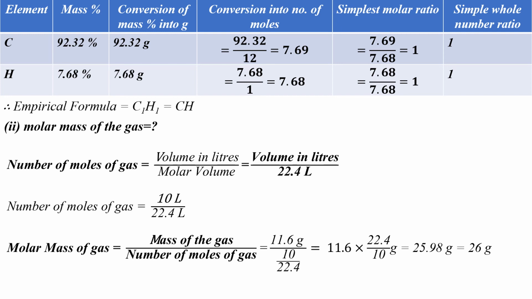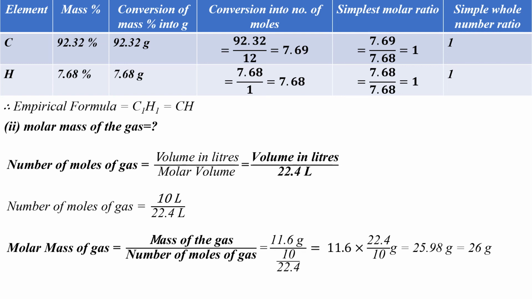This can again be done in the usual way by following two steps. In the first step, we find out the number of moles. How do you do that? We know the volume of the gas is given in liters, which is 10 liters. So we should use the formula volume in liters divided by molar volume. We know molar volume for any gas is 22.4 liters at STP, and that is what is mentioned in our question. So substituting the volume of the welding gas, that is 10 liters in the numerator, and dividing it by 22.4 liters, we get the number of moles of welding fuel gas.